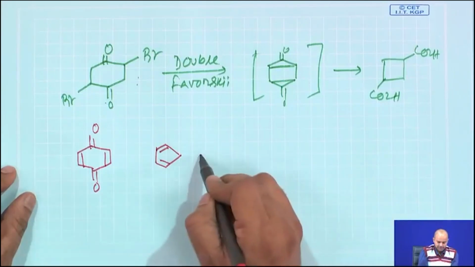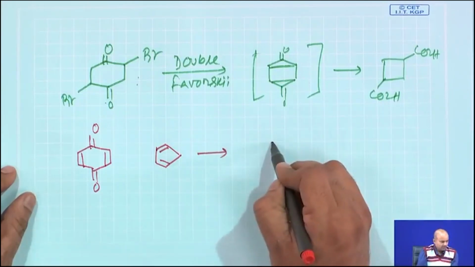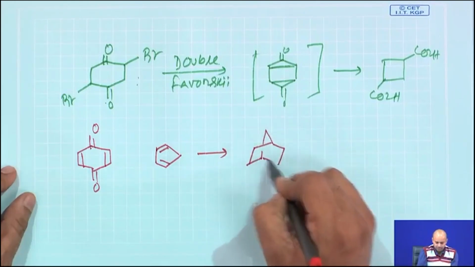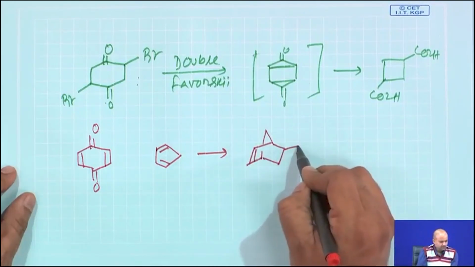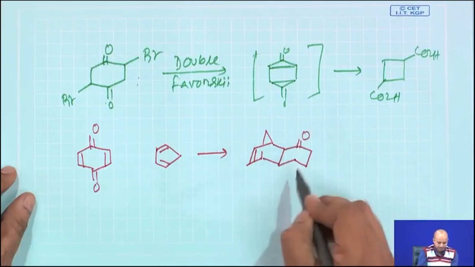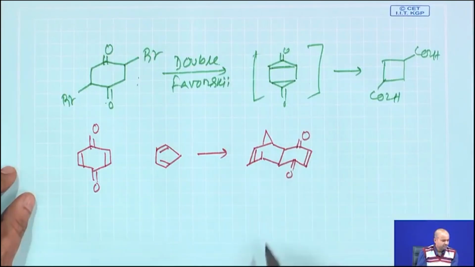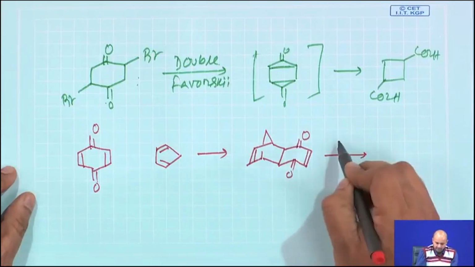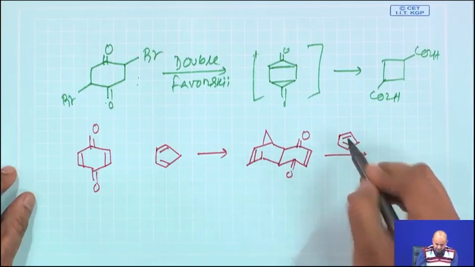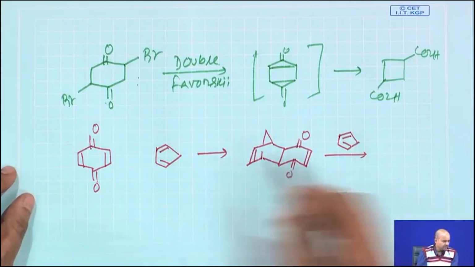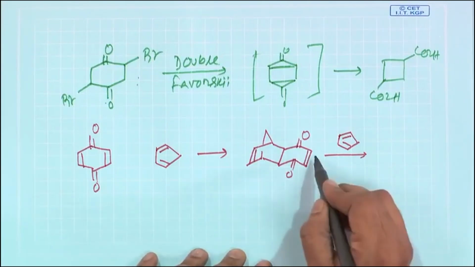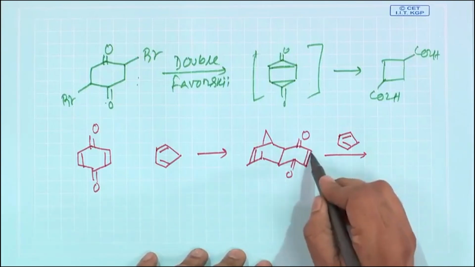So, the initial Diels-Alder reaction basically gives you this compound. I have drawn it in this way. Then another round of cyclopentadiene was reacted, and then it gives you a linear